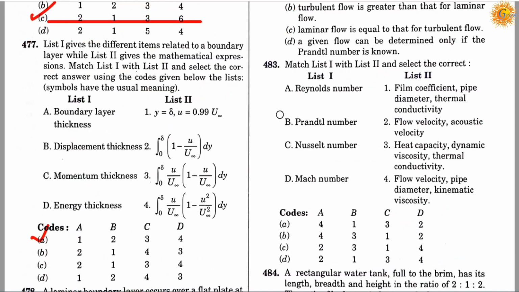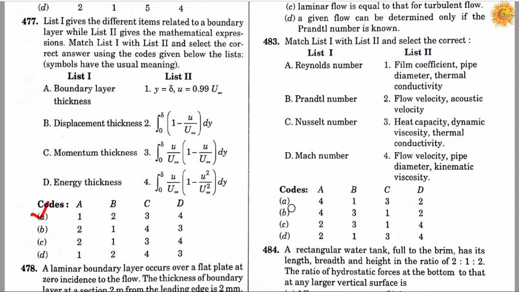Question number 483. Match the list first with the list second and select the correct answer. In the list first you will see the Reynolds number, Prandtl number, Nusselt number and Mach number. In the second list you will read: film coefficient, pipe diameter, thermal conductivity; flow velocity, acoustic velocity; heat capacity, dynamic viscosity, thermal conductivity; and flow velocity, pipe diameter, kinematic viscosity. Okay, so according to this the correct answer is B,